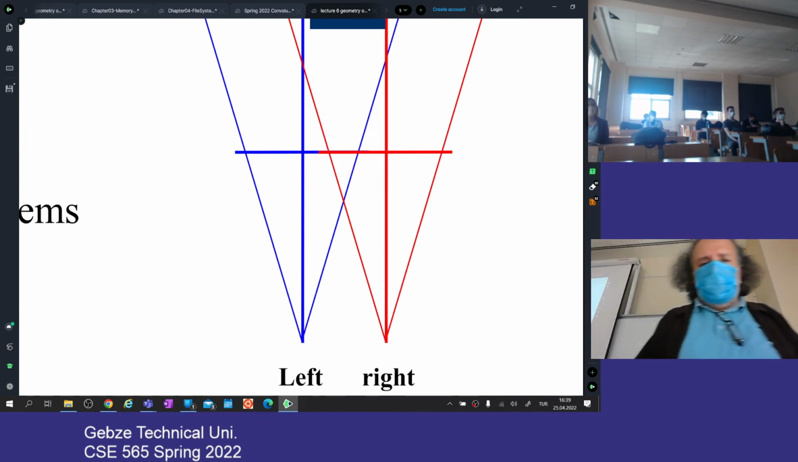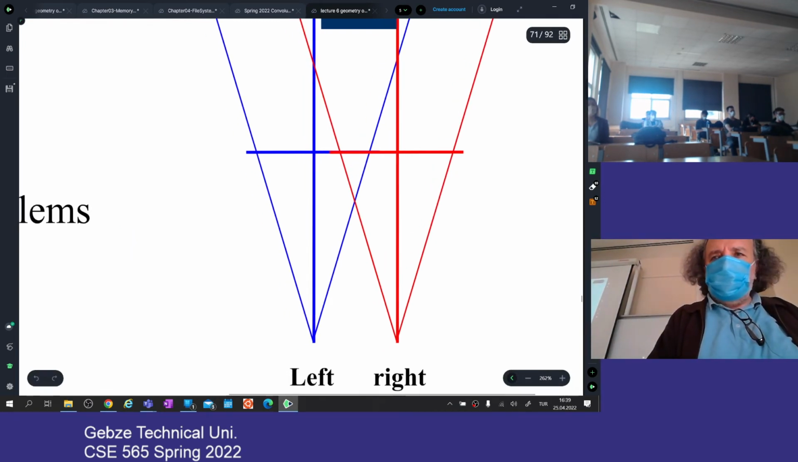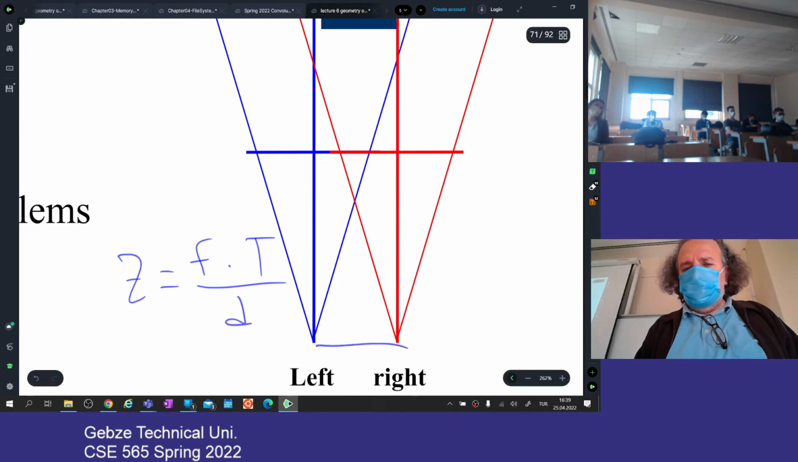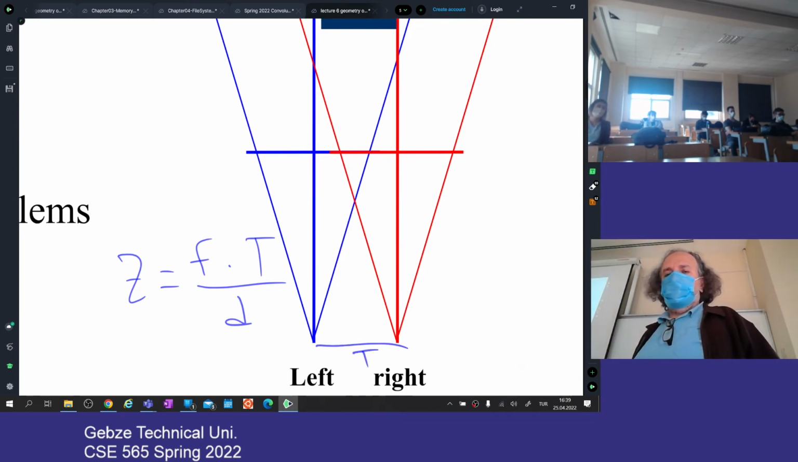Remember our formula? Our formula is Z, the depth, is equal to F times T over D, right? So T is the baseline. Question for you, what happens if T is 0? If T is 0,